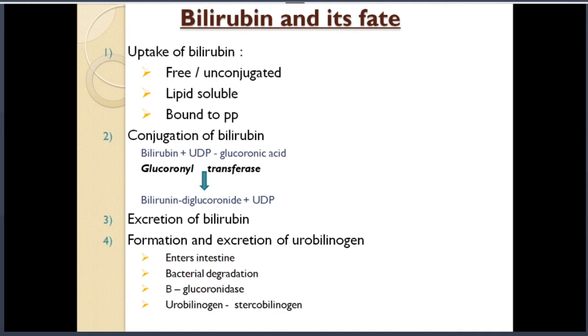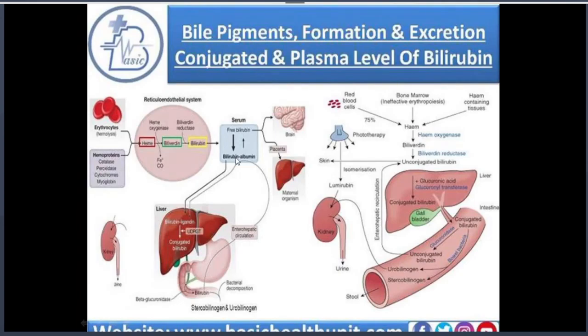This bilirubin is free bilirubin or unconjugated bilirubin. It is lipid soluble, it is not water soluble, so it goes into the systemic circulation, where it gets bound to the plasma protein albumin. With albumin, it is known as protein bound, it is still called free bilirubin. And this protein bound bilirubin again comes to the liver, you can see here. This albumin bound bilirubin comes to the liver where the albumin gets split off and bilirubin is again taken up by the hepatocyte.